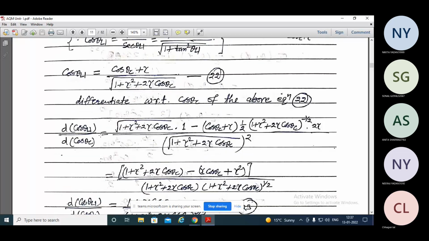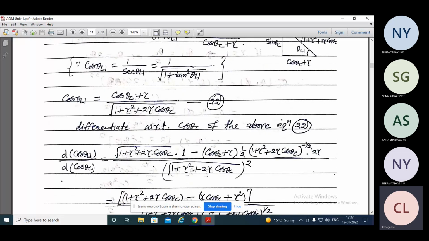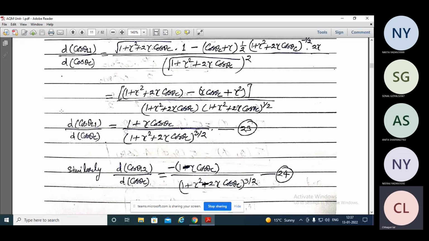Similarly, you can get the other Jacobian also, because here we have only cos theta c, तो cos theta c तो हमारे पास एक ही है, तो cos theta c m1 के लिए भी सेम है और m2 के लिए भी सेम है। नाउ cos theta L, तो cos theta L यानी कि L में दो स्कैटरिंग एंगल है हमारे पास, L1 और L2, तो दैट्स वाई हम यहाँ पर पहले हमने एक जैकोबियन निकाला, अब इसके लिए दूसरा जैकोबियन निकाला।